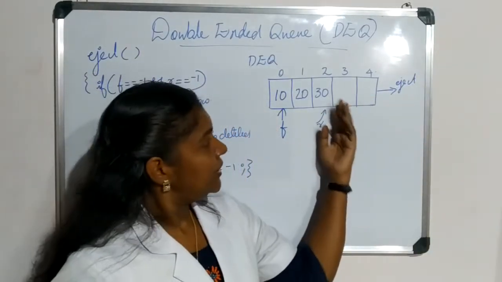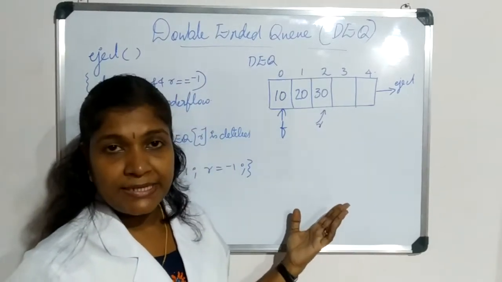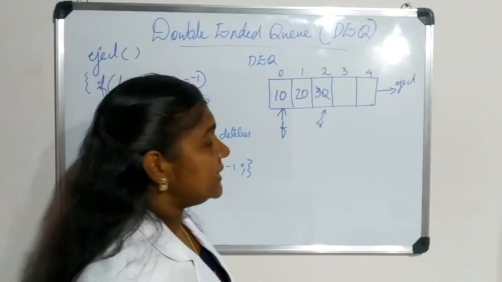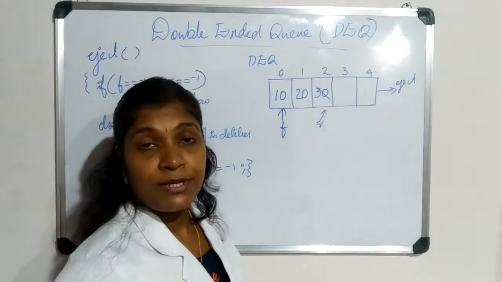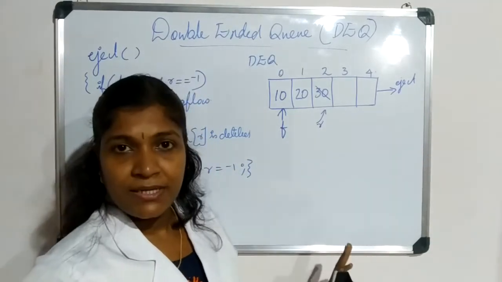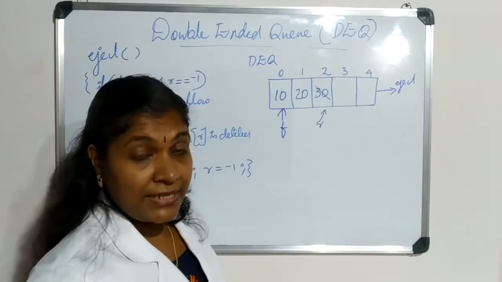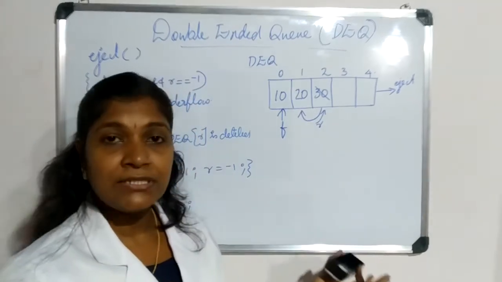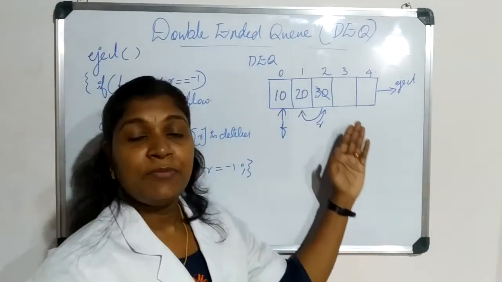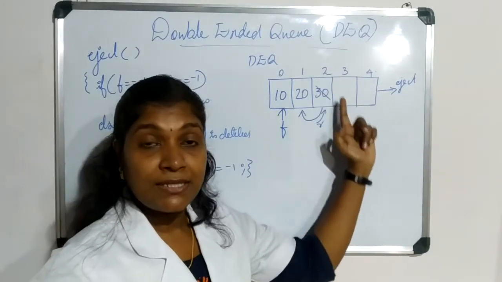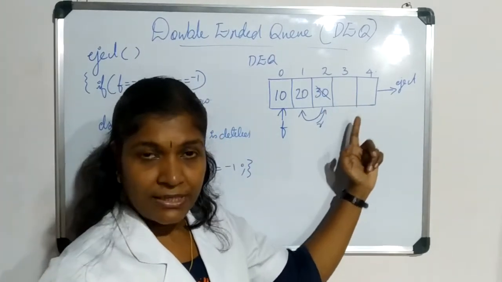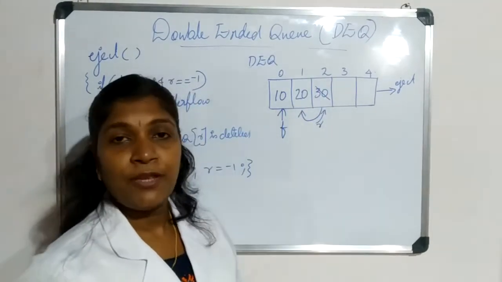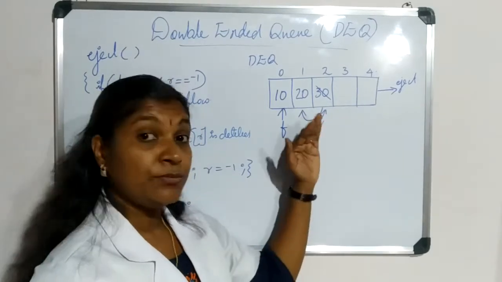So you just try to delete an element. Which element are we about to delete? Right now, through eject, we should delete the element 30. After deleting element 30, which is the current last element of the double-ended queue, the last element is 20. So if we are deleting element 30, rear is supposed to point to its previous location. So our operation is clear. That is, if more than one element is there, then in order to delete the element to which our rear is pointing, you display that this element is deleted and you simply decrement the value of rear. Okay, so this is the more than one element case.